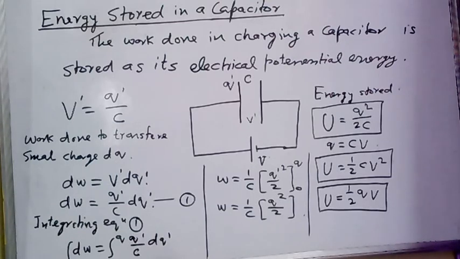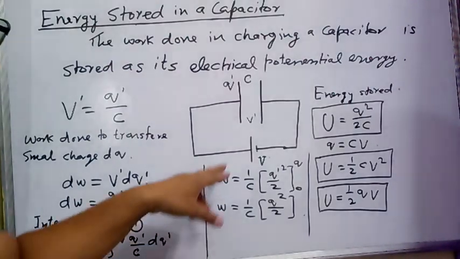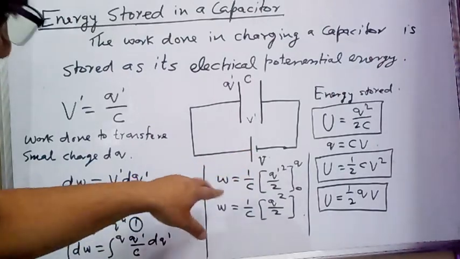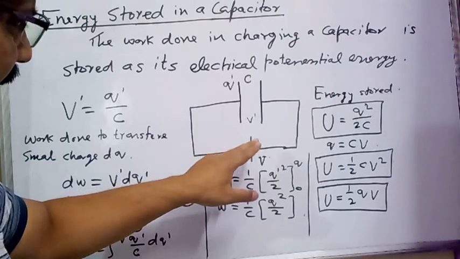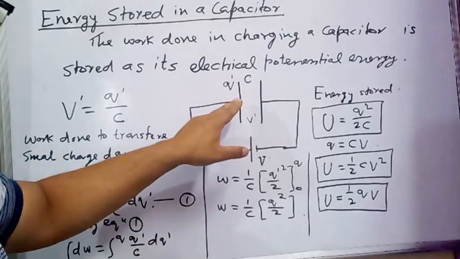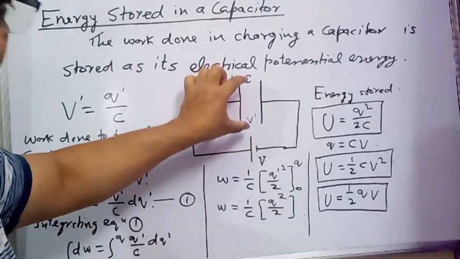So this is the new video of the chapter electric potential and capacitance. Here in this video we are going to see what can be the energy stored in a capacitor. If a capacitor is being charged with the help of some potential source, here you can see potential source is a cell. So if this cell is charging the capacitor, then what is going to be the potential energy of